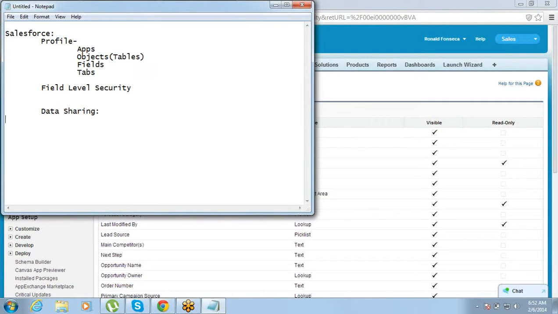So for this data sharing purpose, there's this thing called sharing settings in Salesforce, where we define the settings for the sharing, how the sharing would happen and not.